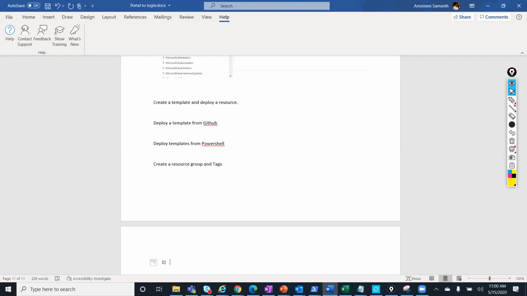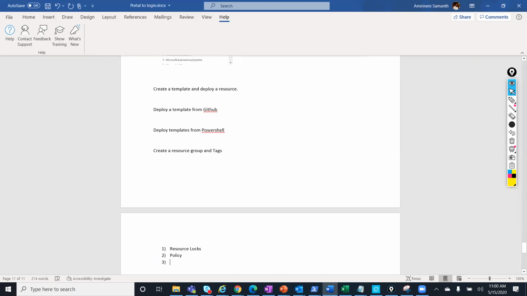So today's lab, what we have discussed: we discussed resource logs, and then we discussed policy, and then activity logs and deployment logs. What else did we discuss? That's it.